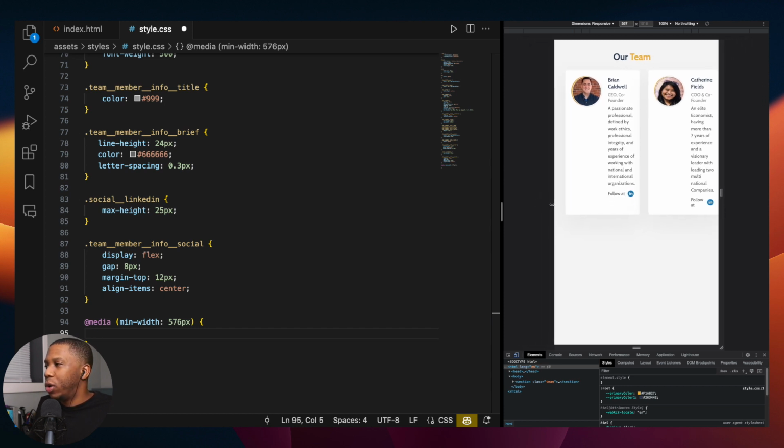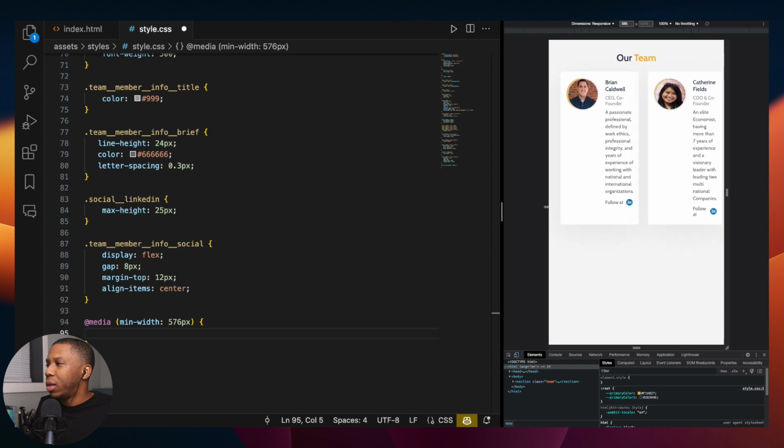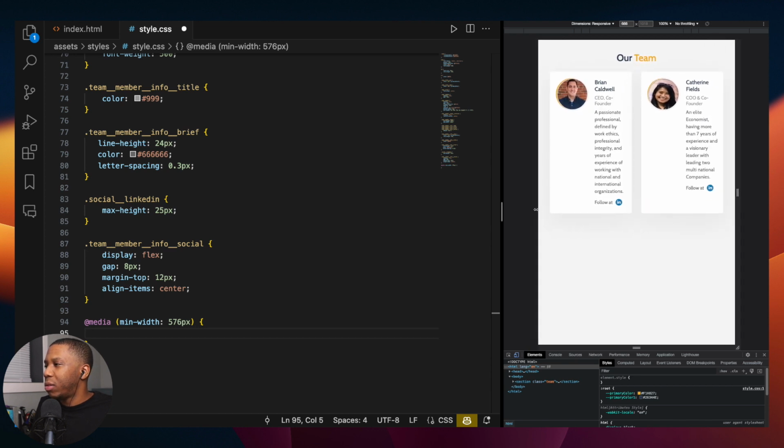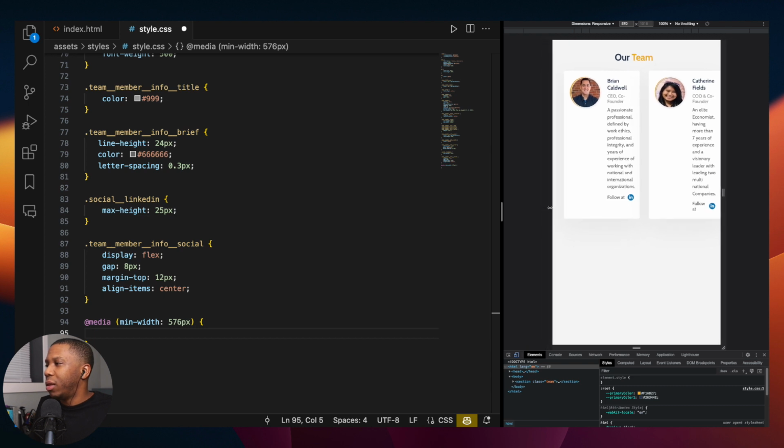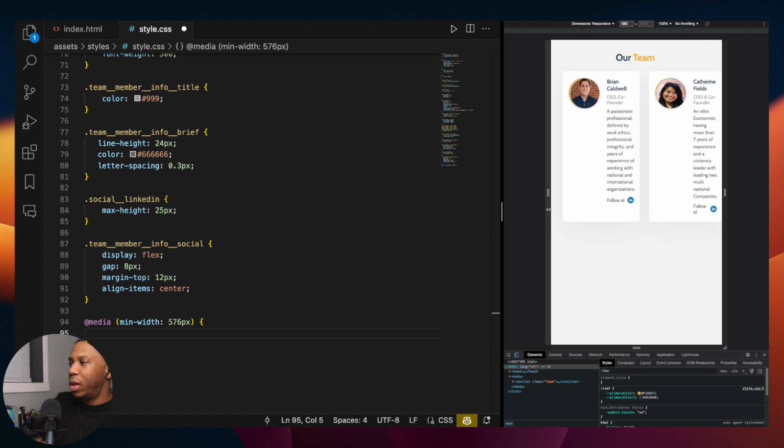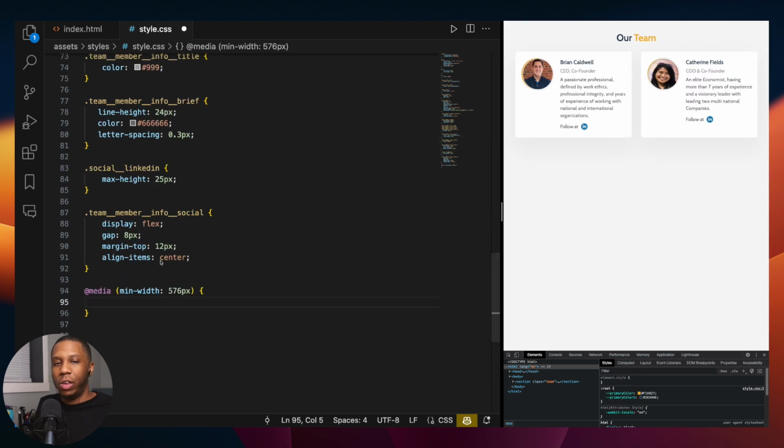So we're saying that once we start, like right around here, we want to start to change our design. So from here upwards, maybe like 700 pixels and upward. Okay, so from there, before we start defining what we want our CSS to look like from this media query upwards,